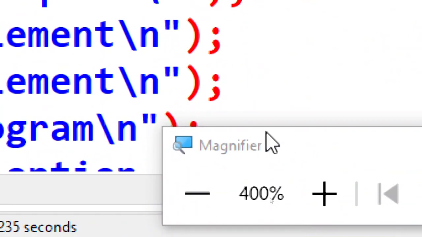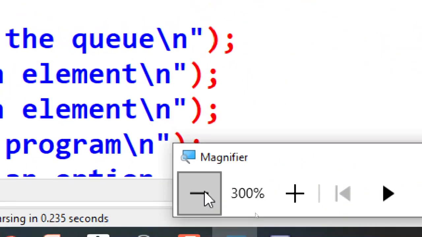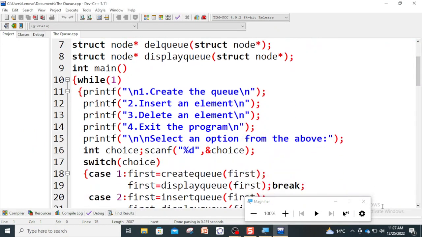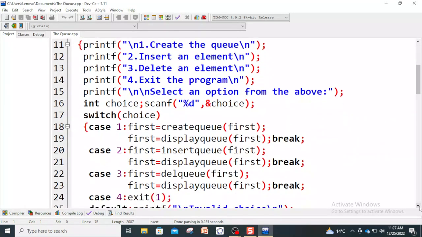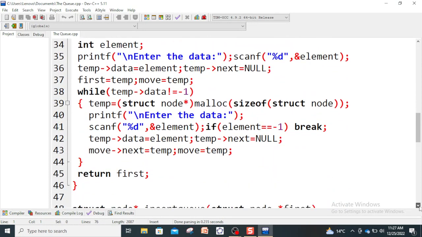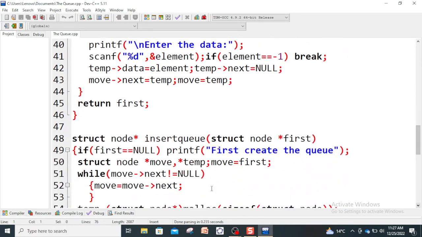Let me reduce the size. Okay, and since the return value was not a small number, I further modify. This way a programmer writes a program,